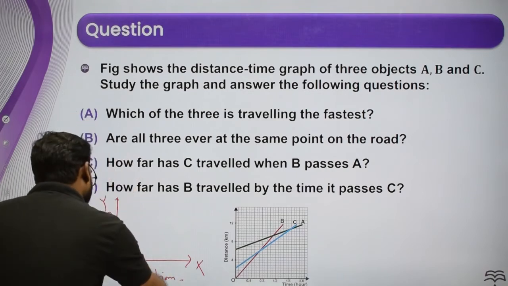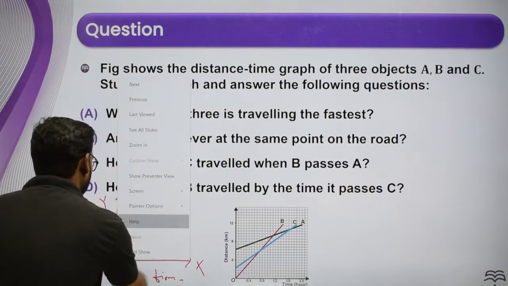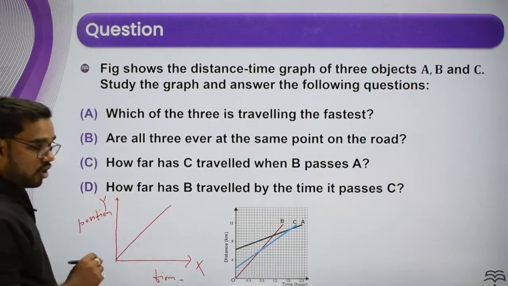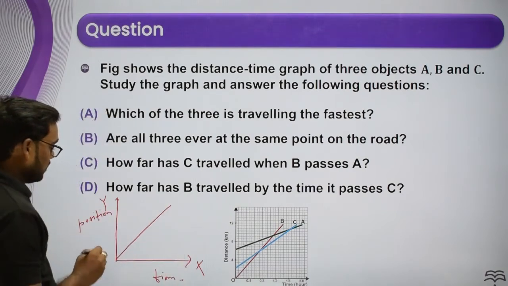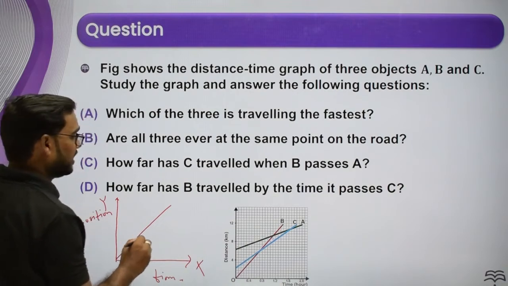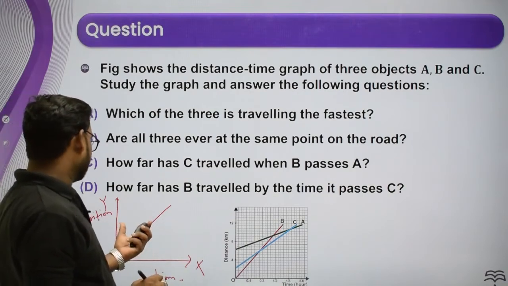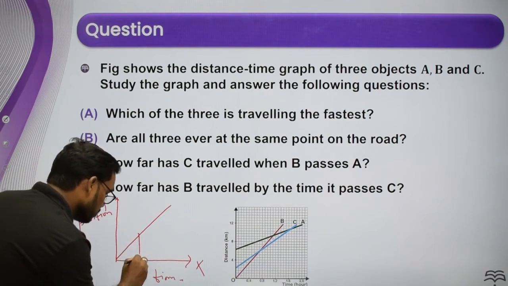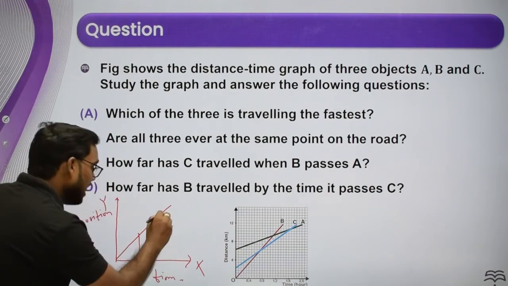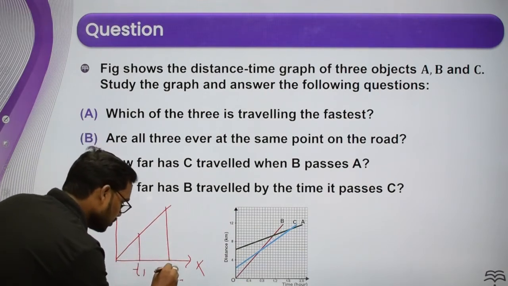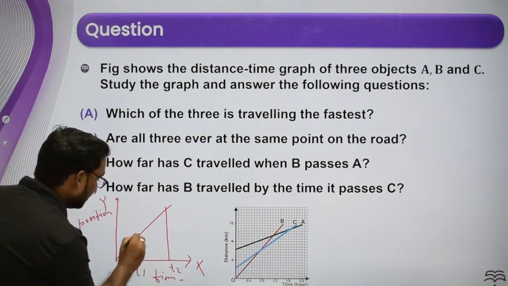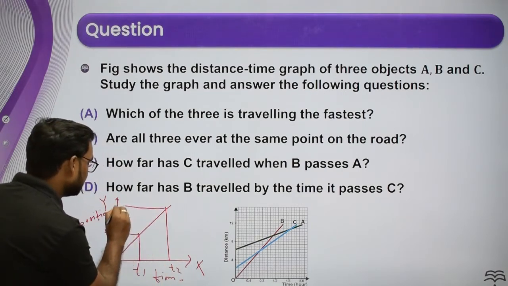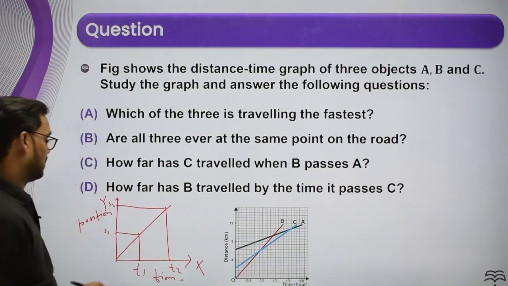Now you can see this is the graph that we have. You want to calculate the speed. You know that speed is the total distance divided by the total time. At t equal to t1 the position of the particle is this. This is your t1, and at t equal to t2 this is the position of the particle. Corresponding to this is s1, and corresponding to this is s2.